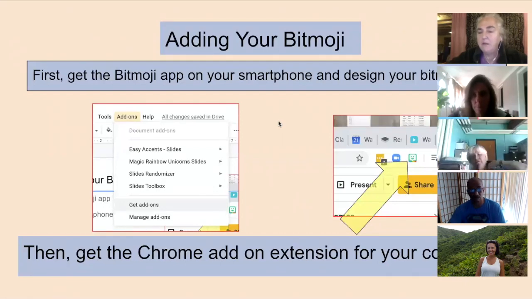I have a Bitmoji already, but do I have to do one under my school email, or can I upload the one from my phone? You can upload the one you regularly have from your regular email. Okay. Then Tina, once you open a new tab, or anybody else looking to put the Chrome add-on on your computer,